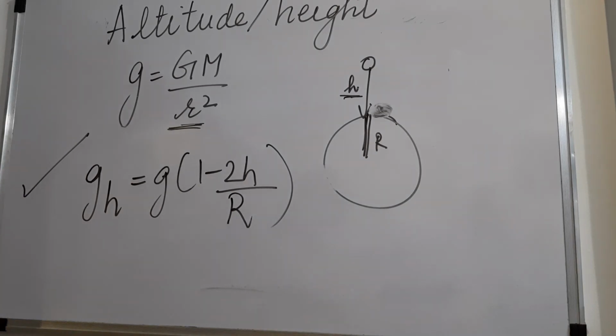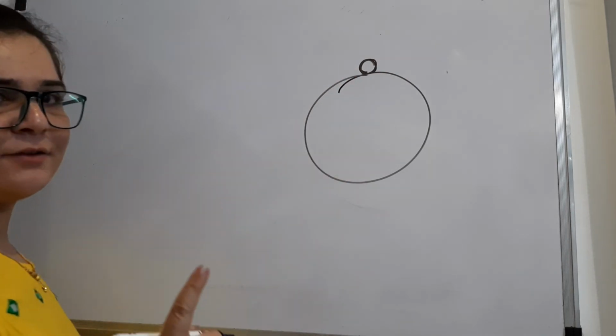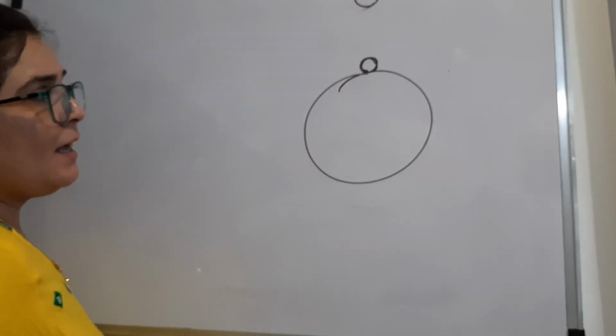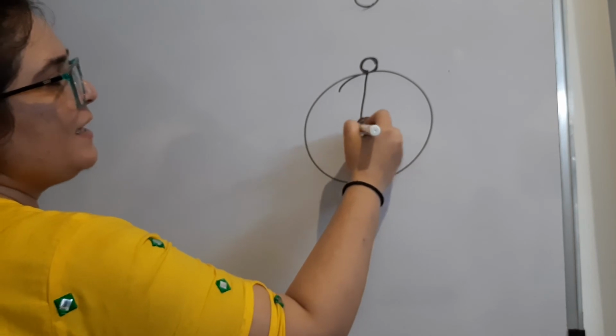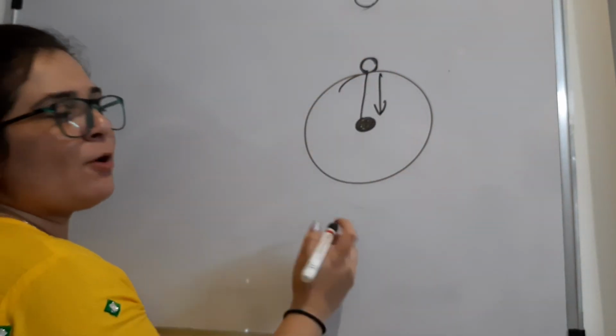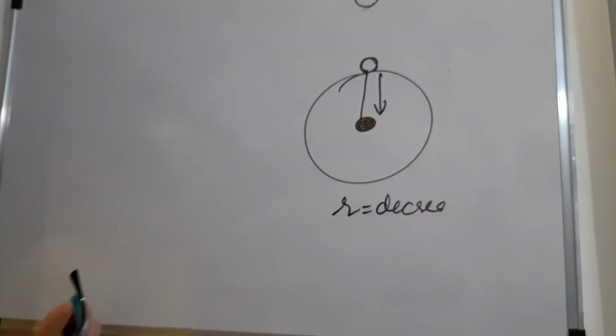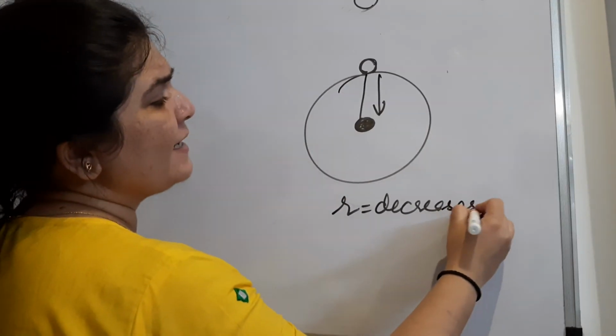Now the third factor that we have to talk about is the depth or the center of the Earth. Now if again we consider this as Earth, earlier we were here initially in the first case, then we moved away from it. Now we are going to go down towards the center of the Earth. Now if this object is going down towards the center of Earth, what is going to happen? The radius will keep on decreasing, distance will keep on decreasing, and at one particular point of time when it actually has reached the center of Earth, radius will become almost negligible.